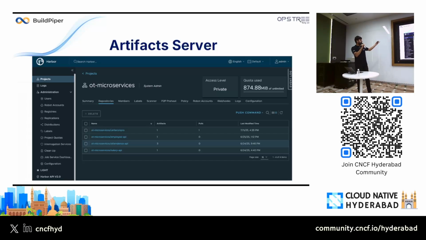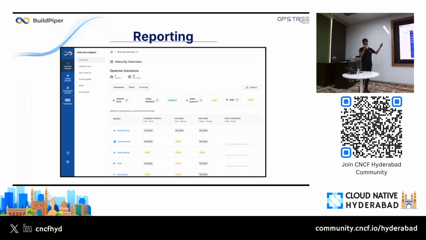And here again, you can see Harbor Artifactory repository. Typically, it'll be a Docker image that you're going to build and host here. Then comes into picture the reporting server, where you can see visually all the key metrics. Let's say you want to look at a maturity overview, like how is the code quality across all the builds that are present in my system,